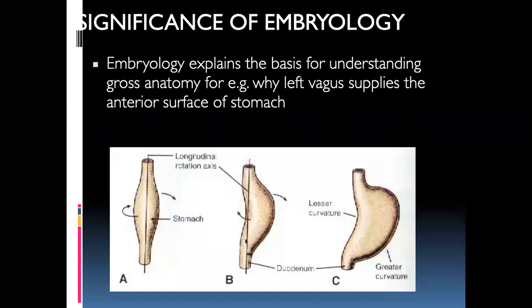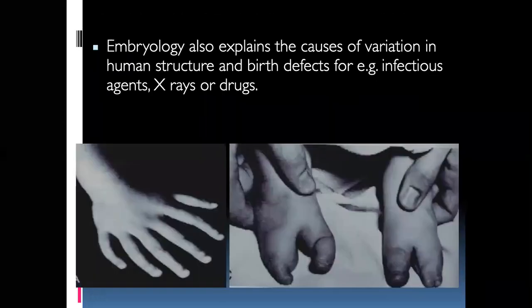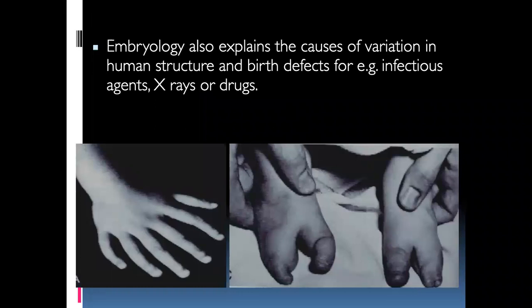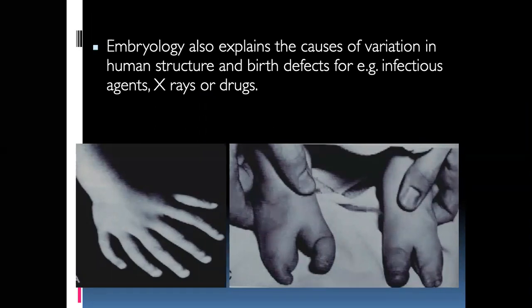Now let's see this. If we study embryology, we also understand what kind of variations happen in human structure, and also birth defects. For example, some kind of medication can cause a birth defect. If you see this polydactyly, these anomalies are quite common because of what? Because of certain drugs, initially in